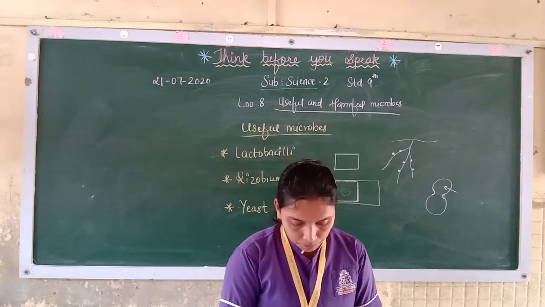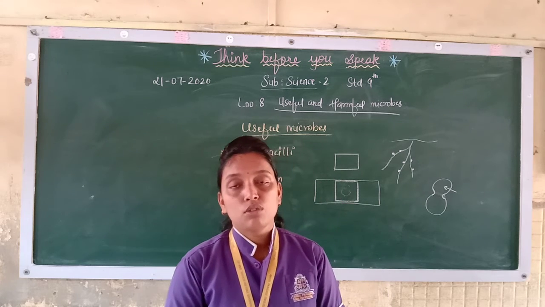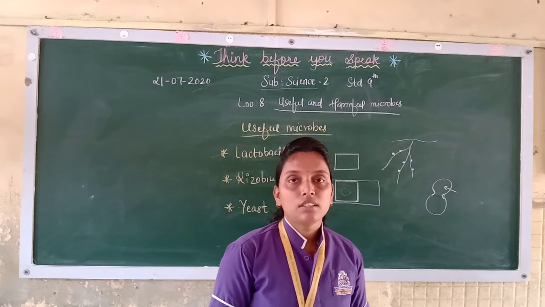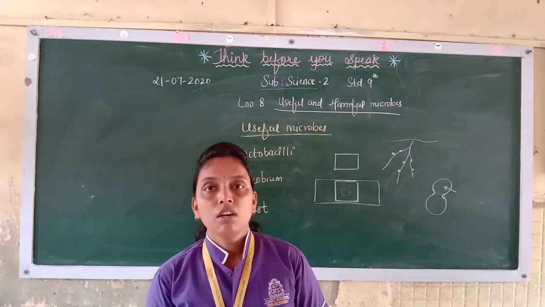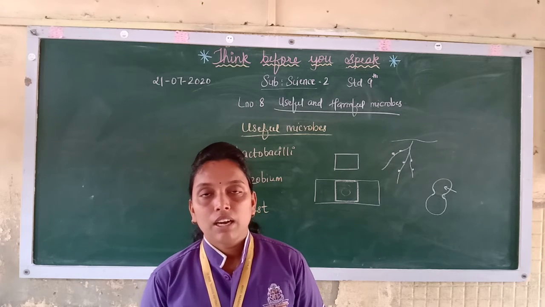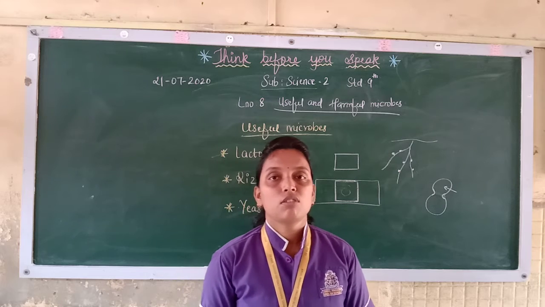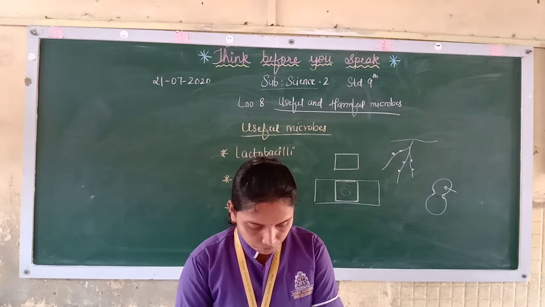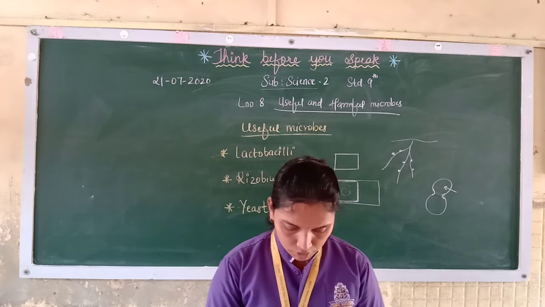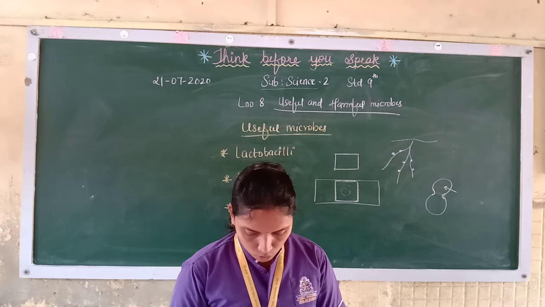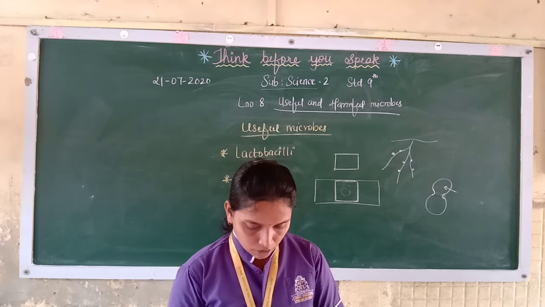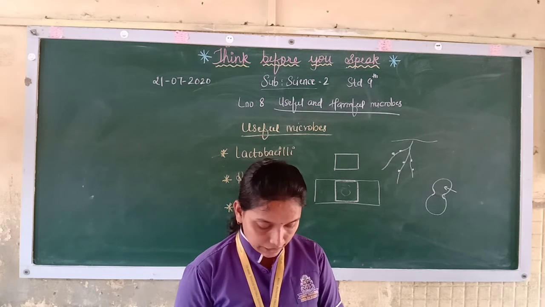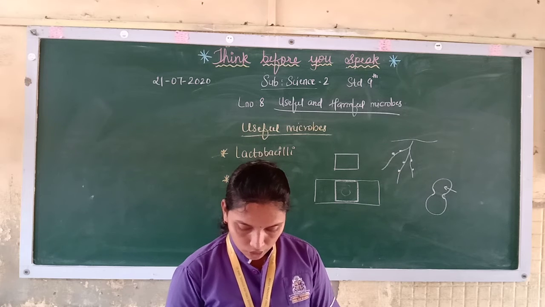So there is carbohydrate in that solution. What will yeast do? They will utilize that carbohydrate. Now when they are utilizing it, the products which are formed are alcohol and CO2, that is carbon dioxide, and this process is known as fermentation. Now if you see, even the bread that we eat is also a fermented product only.